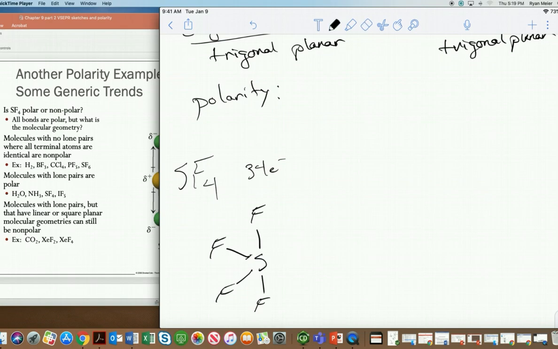This is my normal way of drawing it. There is going to be a lone pair on the sulfur once we fill all the outer lone pairs, because filling all the outer lone pairs will take 32 electrons, which means there are 2 left for that central sulfur. It is an expanded octet in the sulfur, but it's in the third row. It's fine with that. So this would be our Lewis structure, and I have actually kind of already drawn it